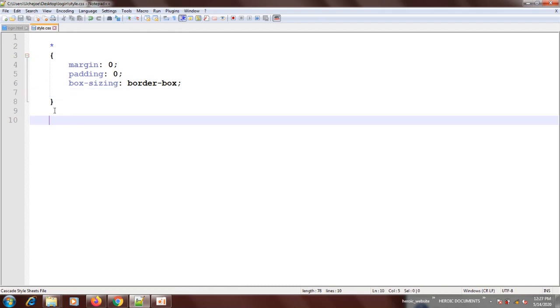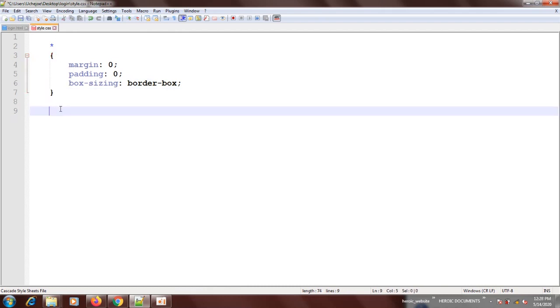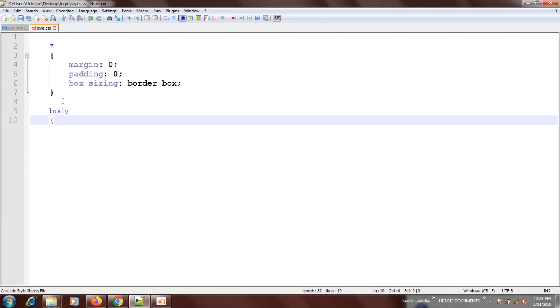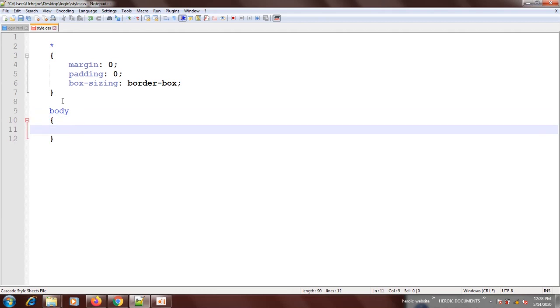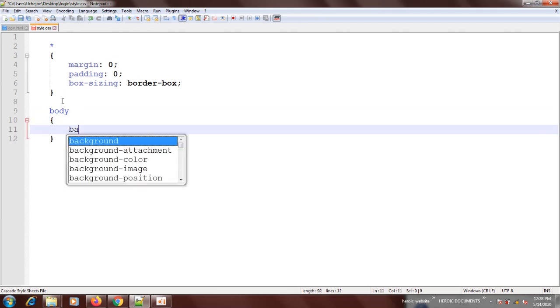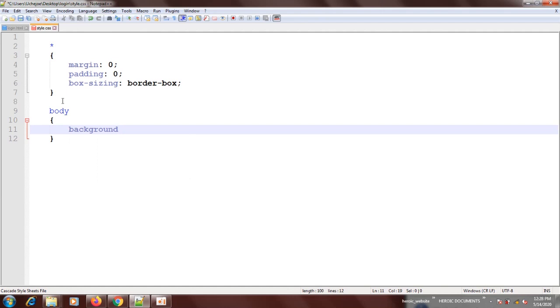All these things are what you're going to learn by the time you start working with us. So I'll come down here right now. Just say body. I want to add a background image to the body. Then I will add a background image.